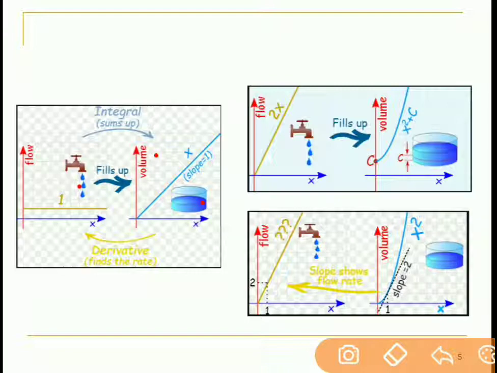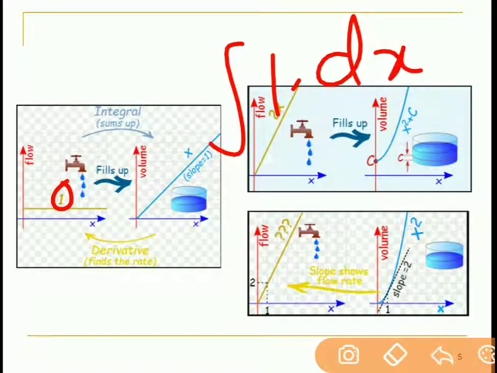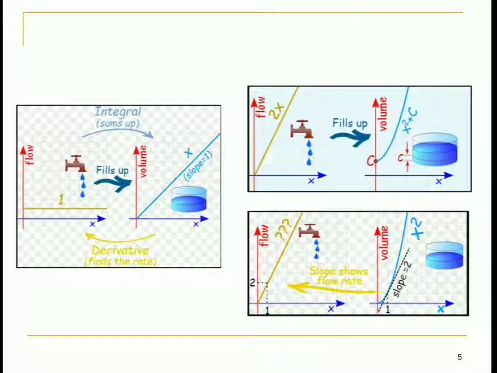So in this case, volume versus time will be a line with a slope of value 1. A slope of value 1 means it will be similar to the line y equal to x. So if the flow rate is 1, then the integration of 1 into dx is equal to x. Understood? Fine. Now integration is the sum of the volume at each and every time interval.